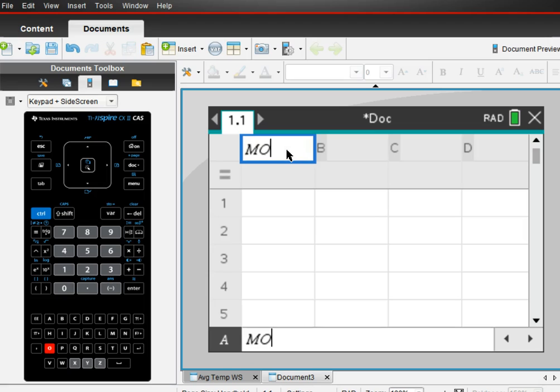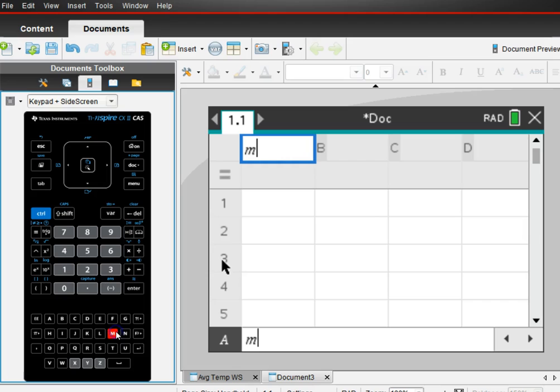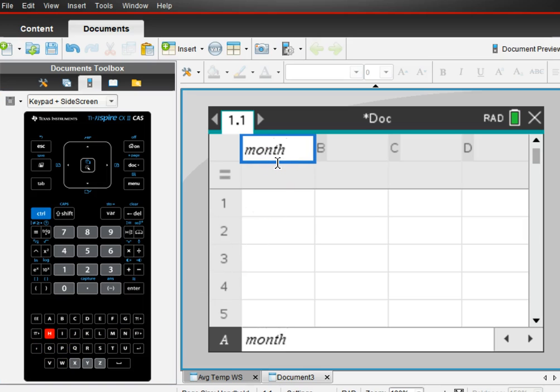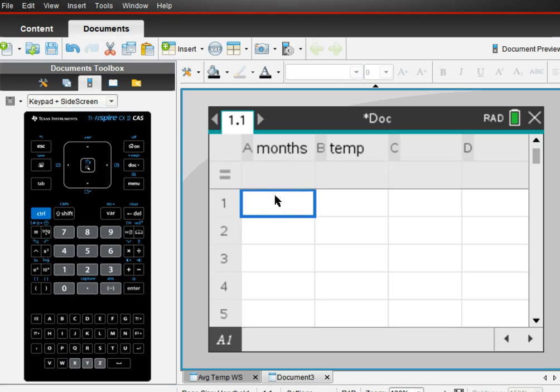So we want to have months, so you'll want to go down to your keypad down here and type in the word months. And then you're going to want to tab over to the top of column B and type in temp, because we're going to look at months and temperature. And then in the first column, you're going to want to type in the numbers 1 through 12 for your list. You can use the down arrow key or the enter button or the tab button to get from one